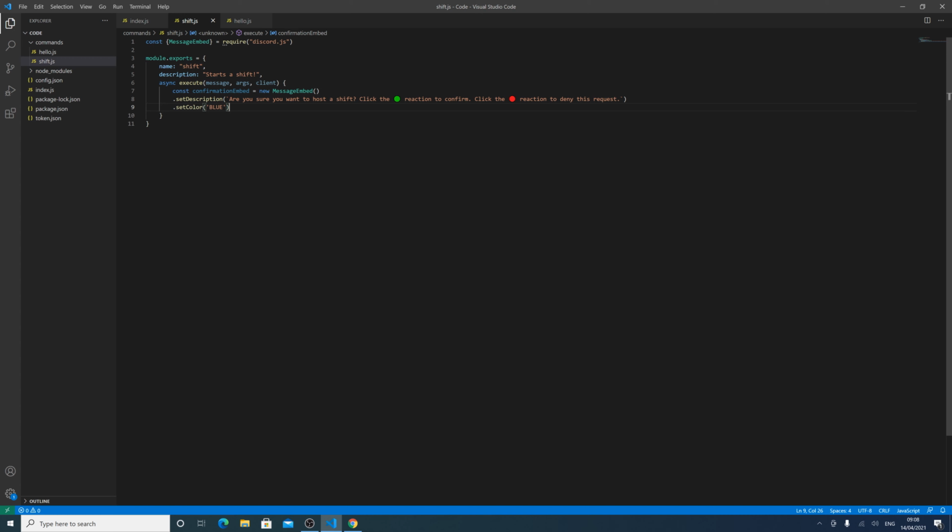And then we need to send this, so we need to do const message, because we're going to need to keep this as a variable for later, equals await message.channel.send(confirmationEmbed). So this confirmation embed is literally just going to be sent straight away, and then we can start listening for the reactions. So first of all we need to react, so